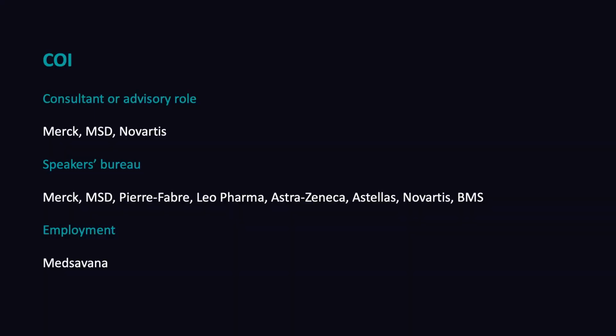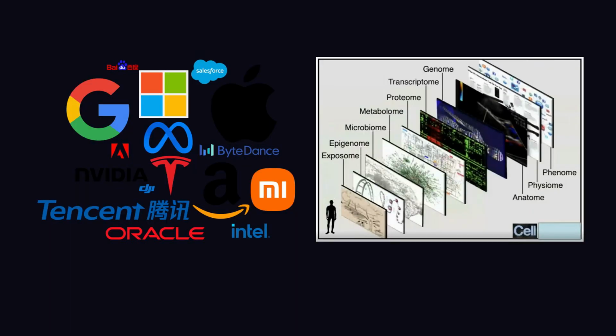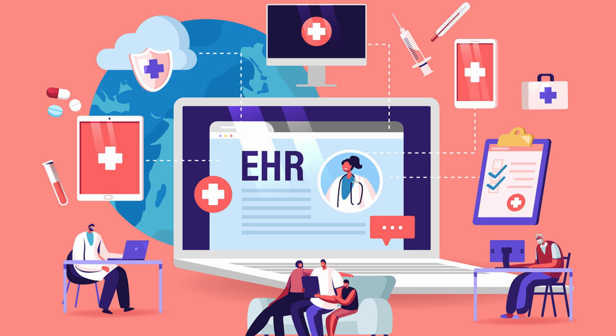Now we are living in a time where we have a lot of information when we talk about cancer. We have all the omics, and the capabilities of data processing have been changing during the last years. Beyond that, we know that cancer is a complex disease, and we have a lot of different granularity of information that we can analyze. One of the main places where we have information from patients and diseases are the electronic health records.